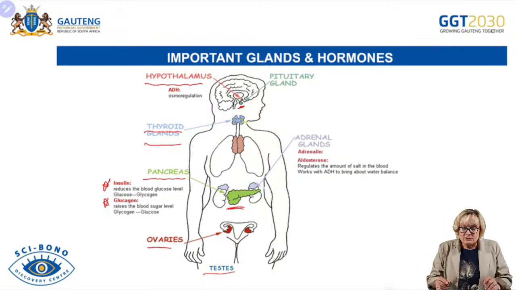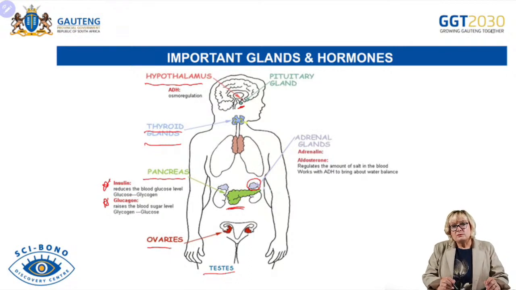And then we get to the adrenal gland. Now the adrenal gland secretes two hormones. First of all, where is it situated? It sits like a little hat on top of your kidneys. So please make sure that you know exactly where the adrenal gland is situated, and it's secreting two